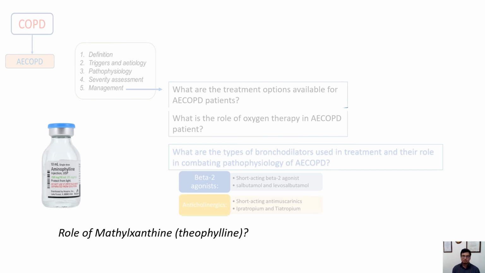very common side effects, 10 to 15 times, especially in the elderly with toxic blood levels of methylxanthine of more than 20 microgram per ml. Whenever you are using methylxanthine, remember they have a very narrow therapeutic level in the blood, and anytime you may find that the patient is developing cardiac arrhythmia or even seizure. So you have to be very careful while using such agents. They can be used, as I said, in selected cases when there is insufficient response to the first-line bronchodilators, that is SABA and SAMA.